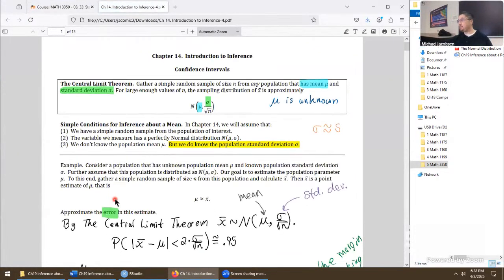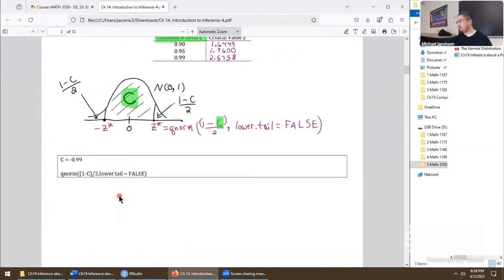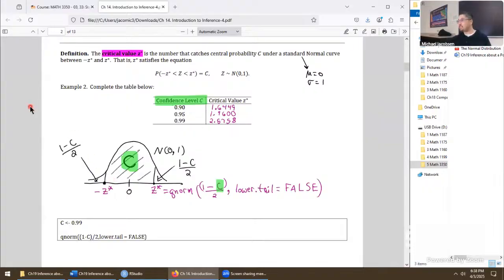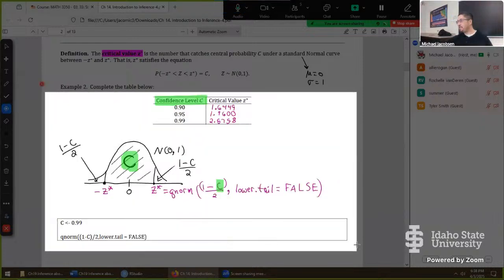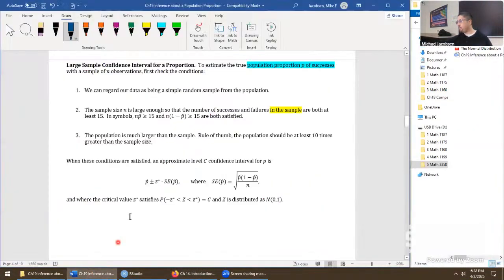We had a method that's pretty similar right here. Here's how you get your Z star. All of this information is still completely relevant. So we might as well just grab it, throw it back in,